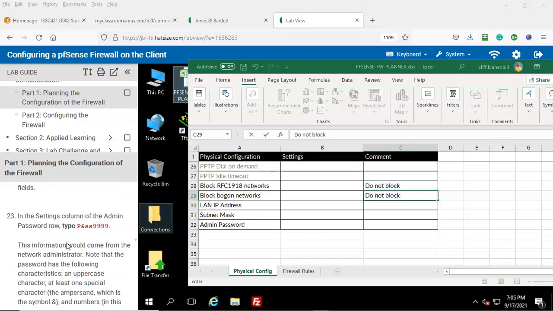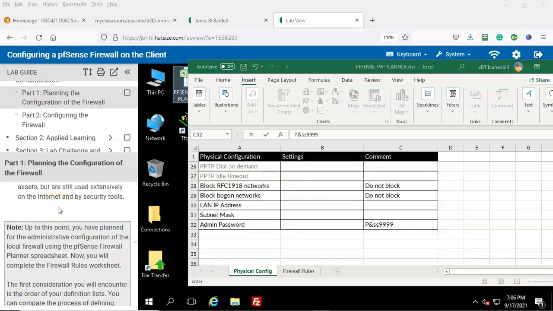Step number 23. In the settings column of the admin password, you're going to type in a new password. Capital P, ampersand, lowercase ss, 9999. Now the reason it's important to change the password on any device that is connected to your network is because all devices that are sent from the factory from an original equipment manufacturer leave with the default username